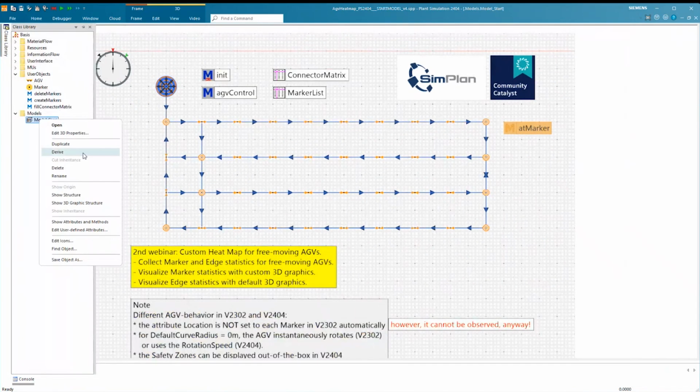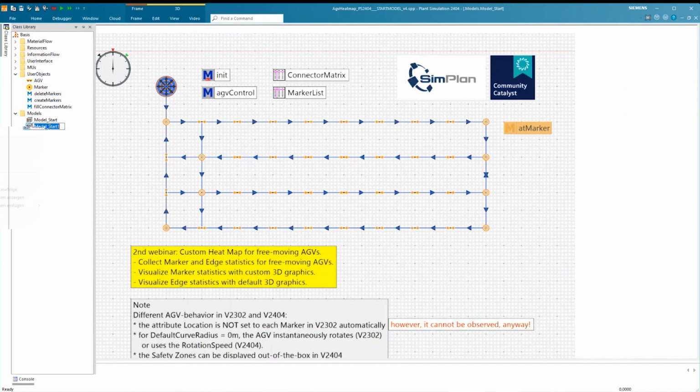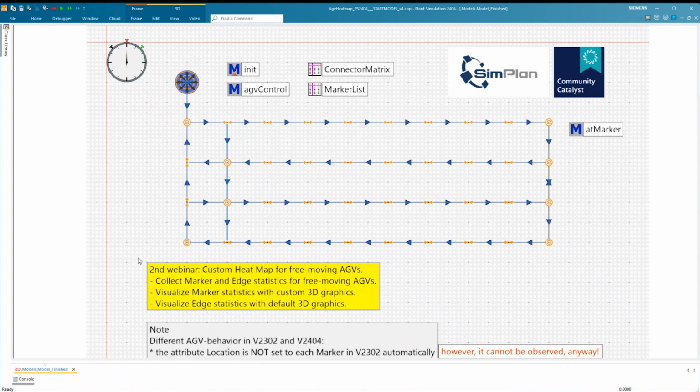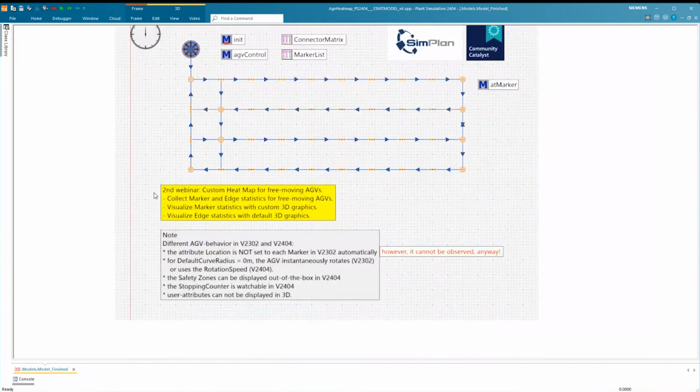I'll do it like the last time. I'll duplicate the model. So then here I have the starting model without any of this stuff. And then in this case, I think I'll just go to the complete model in the end. It doesn't make so much sense to have the steps in between.